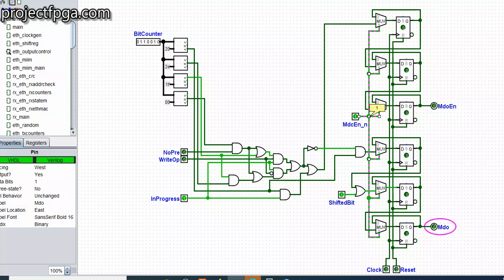So let me elaborate more on this particular AND gate, what it does. This AND gate